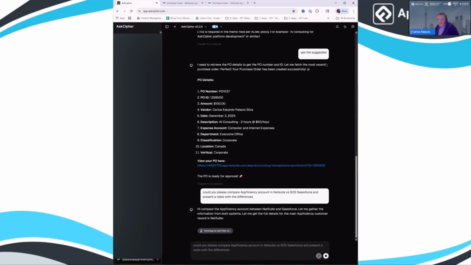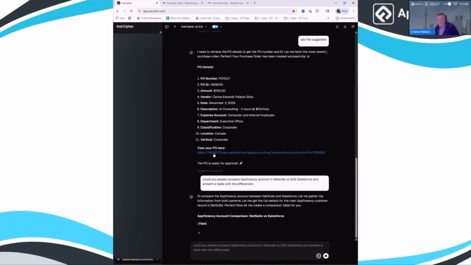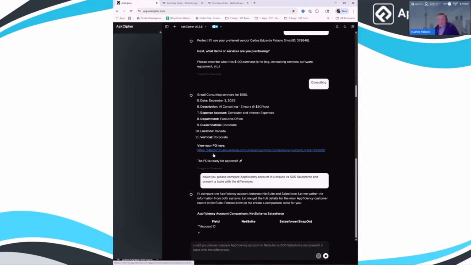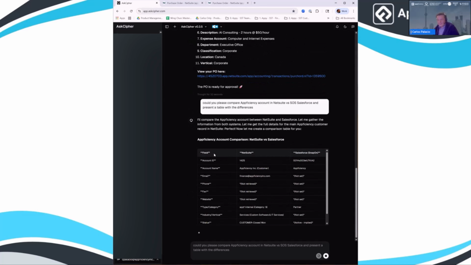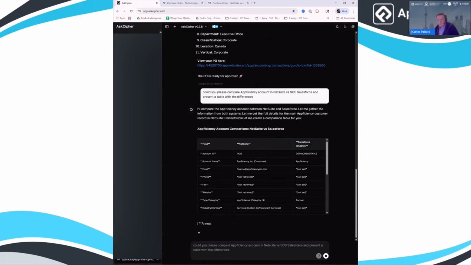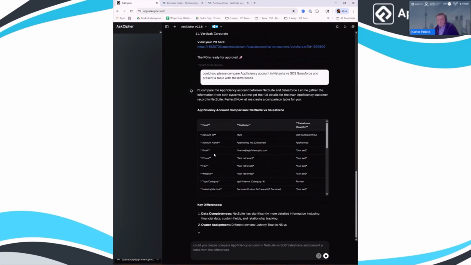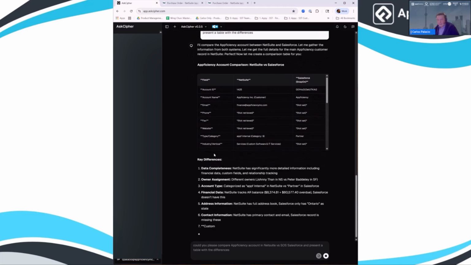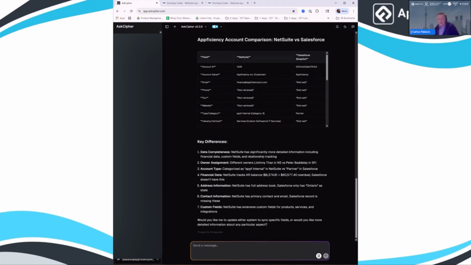So as you can see right now, it is getting the full details from Appficiency customer in NetSuite, and now it is creating the table for us. And it is presenting the key differences between the two accounts.